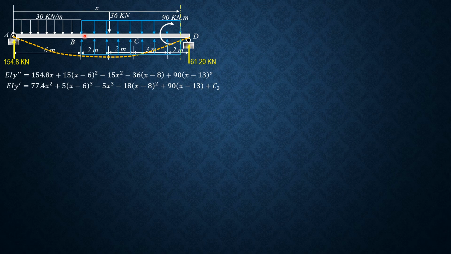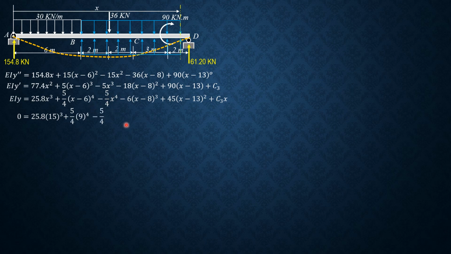It's different from C sub 1 before because that was solved by double integration, and we made the beam indeterminate. This time it is determinate. Then there is no C sub 4 because A is the support. EI y equals 25.8x cubed plus 5 fourths quantity x minus 6 to the fourth minus 5 fourths x to the fourth minus 6 times x minus 8 cubed plus 45 times x minus 13 squared plus C sub 3 x. There's no C sub 4 as mentioned. Then we have boundary conditions to solve for C sub 3. When x is 15, y is 0. So 0 equals 25.8 times 15 cubed plus 5 fourths 9 to the fourth minus 5 fourths 15 to the fourth minus 6 times 7 cubed plus 45 times 2 squared plus C sub 3 times 15. So solving for C sub 3 from this equation, C sub 3 equals negative